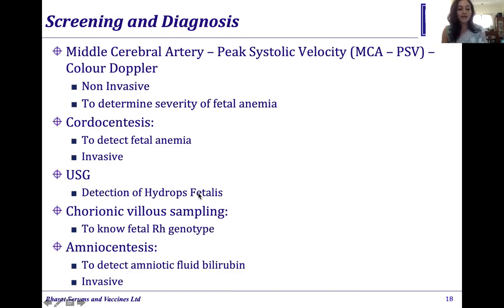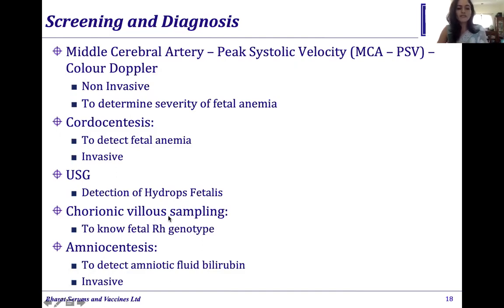Honestly, if we are not doing screening, but diagnosing an Rh negative mother by finding a hydrops fetalis baby, no, I think we have already missed a chance to do anything fruitful for this pregnancy if we are detecting a hydrops fetalis baby. We've already missed, the baby is already in a lot of anemia. So our diagnosis should have been much earlier with ICT testing.